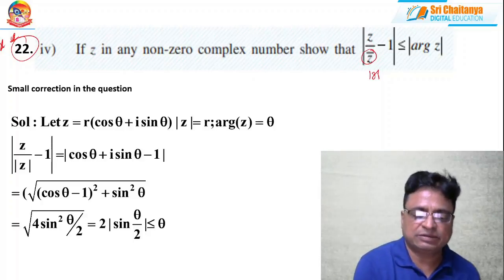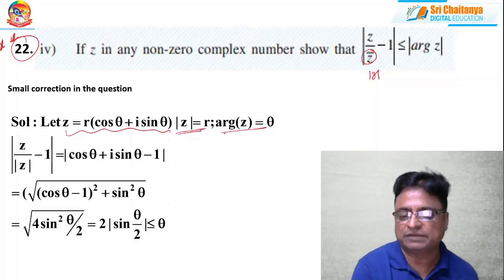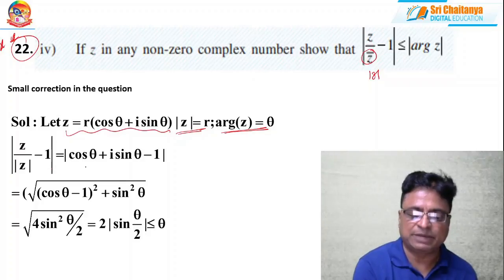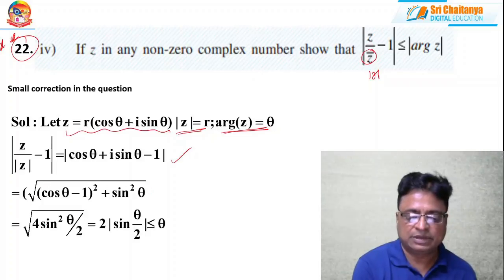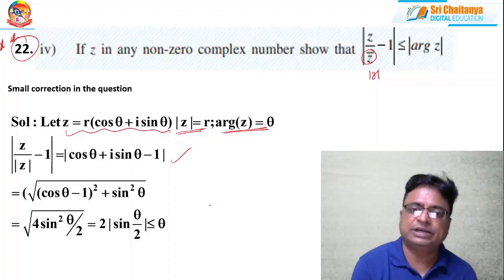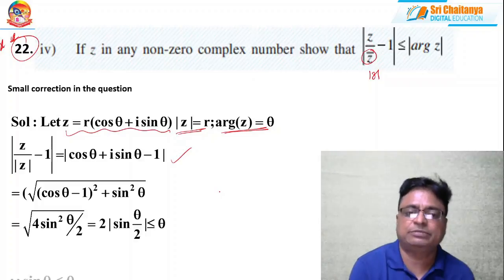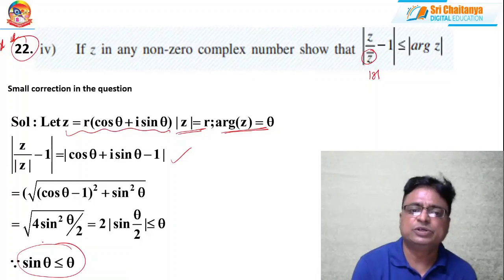So what I'm saying is, here I have taken this as my complex number. Therefore, mod z is this one. Argument of z is theta. So what is mod of z by z bar minus 1? This you can get. And this, I can write like this. And after simplification, you can get this. This is 2 mod sine theta by 2. And we know that in first quadrant, theta by 2 is always less than or equal to theta. So sine theta by 2 is always less than or equal to theta by 2. That we know it well. Sine theta is always less than or equal to theta, where theta is positive. So you apply that concept.